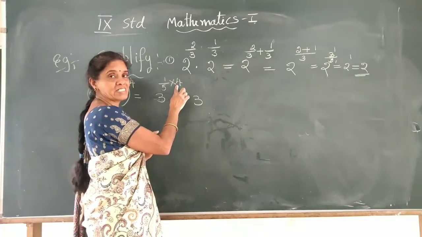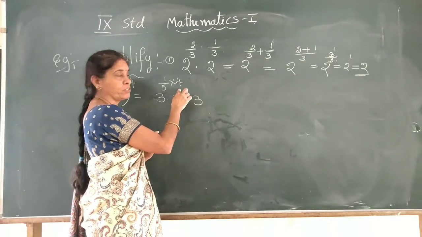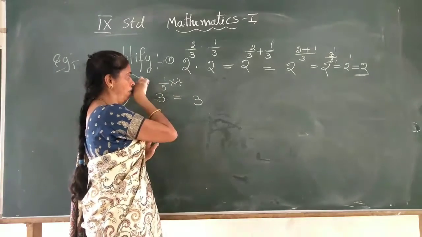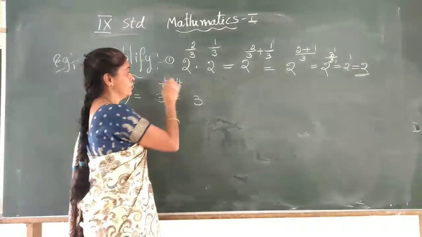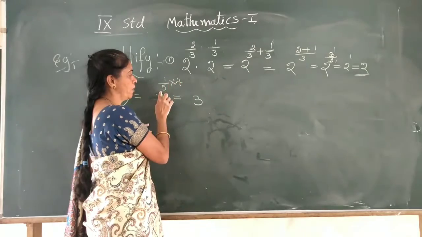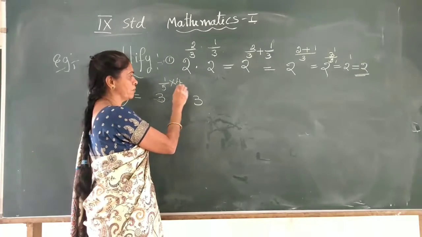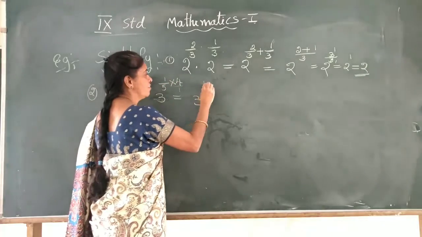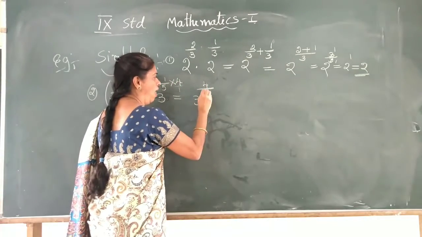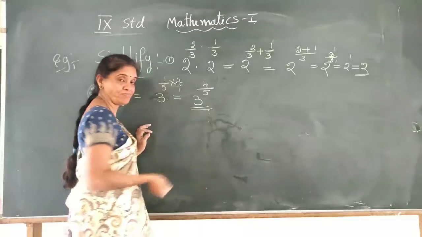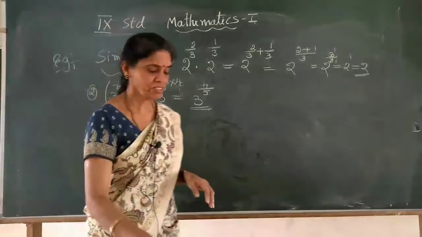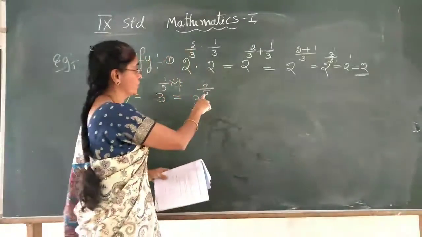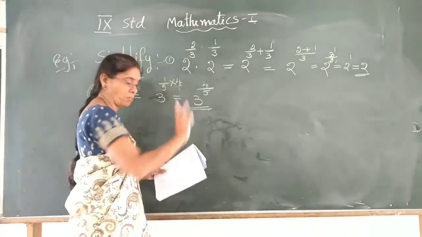4 can be written as 4 by 1. Okay. So, it is rational number. It is also rational number. So, how to multiply the fraction? Numerator into numerator, then denominator into denominator. 4 is nothing but 4 by 1, right? So, 1 into 4 is 4, denominator 5. This much enough. You don't know how to do the fifth root, right? It is fifth root. No need, keep as it is.